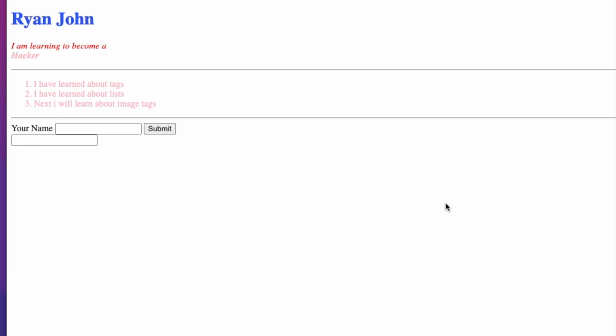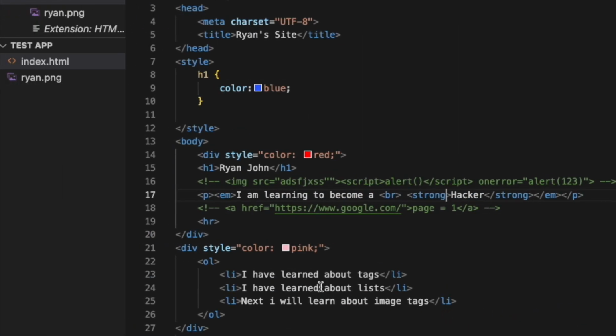And now if we come back and refresh, you can see everything becomes red and pink within the specific div. And so this is an introduction to internal CSS. You can style it either up here like this, or you can do some internal CSS. And so the divs are going to be like, you can, within